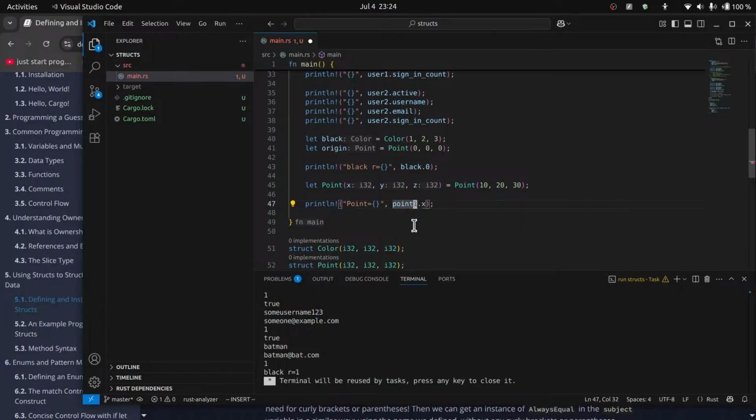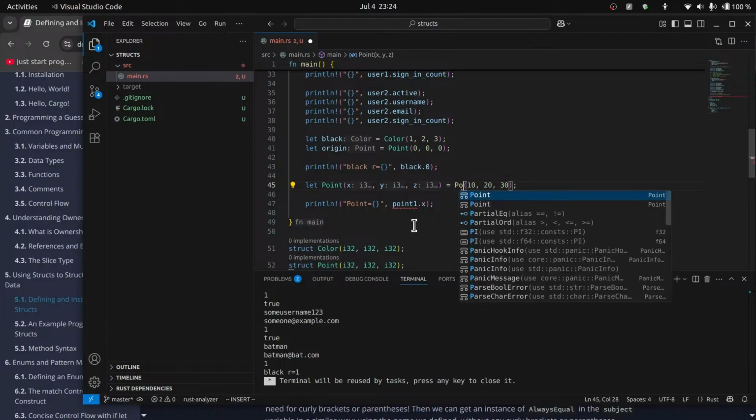Point 1. Point 1. What? This right hand side is the struct. Okay. Understood,